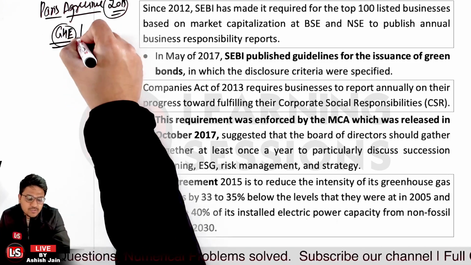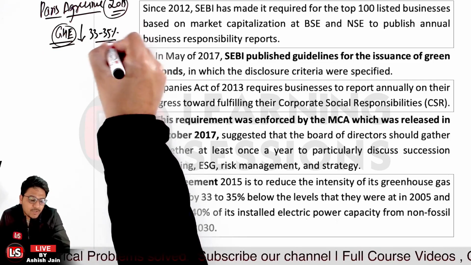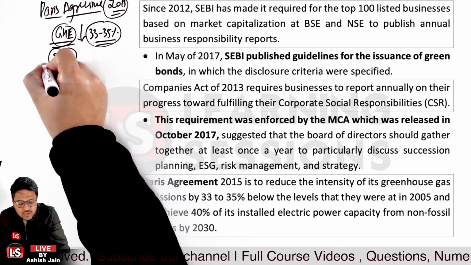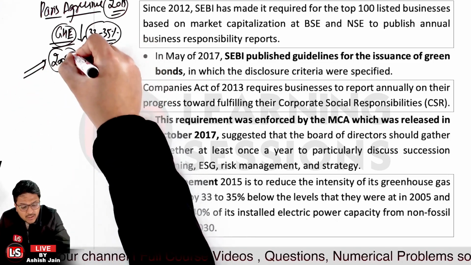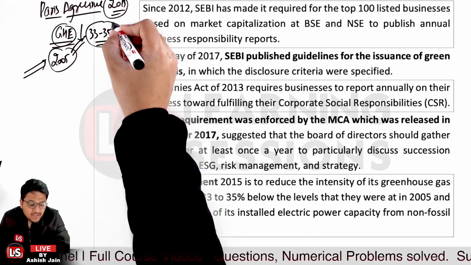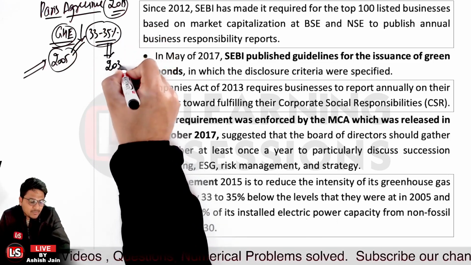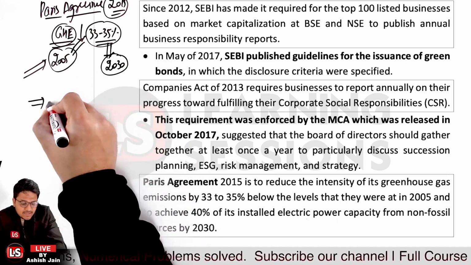We want to reduce that emission by 33 to 35% of whatever the emissions were in the year 2005, by the year 2030, and also we want to